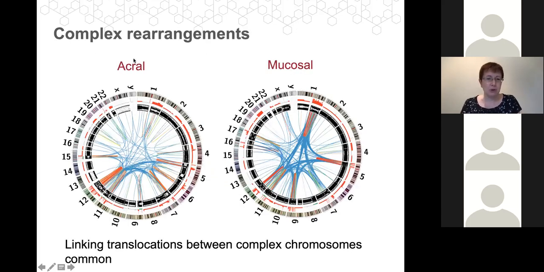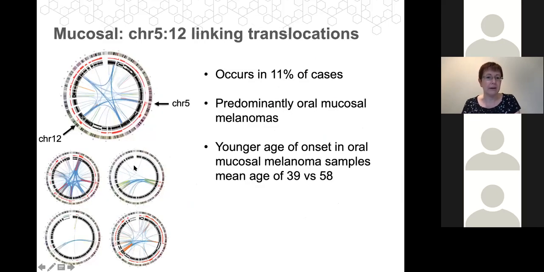So these are just some examples of tumors with complex rearrangements. And not only do they have events on those chromosomes that I already mentioned, such as chromosomes 5, 11, and 12, they have complex events on all 3 of these chromosomes. So chromosomes 5, 11, and 12 are complex in both of these samples. And while all 3 doesn't occur in a similar sample, you often see linking translocations between the complex events on 2 chromosomes, for example, between chromosomes 5 and 12. So indicating these are potentially arising from the same event or linked to each other.